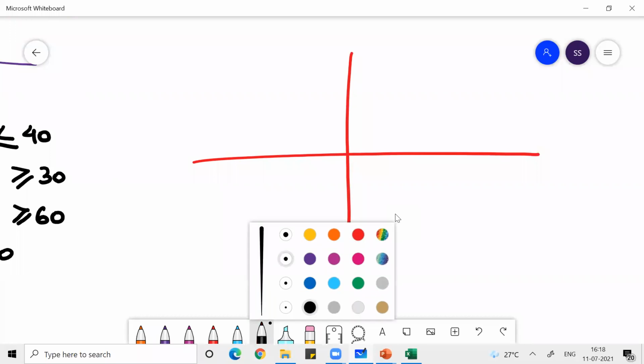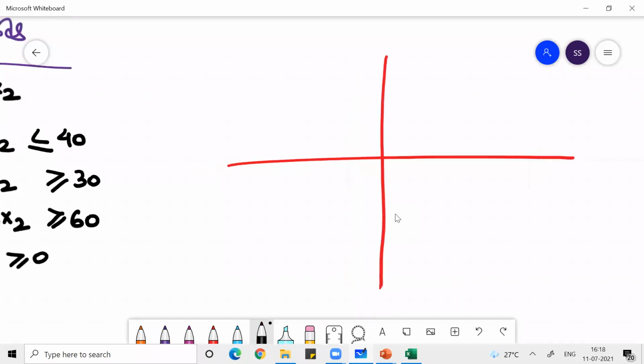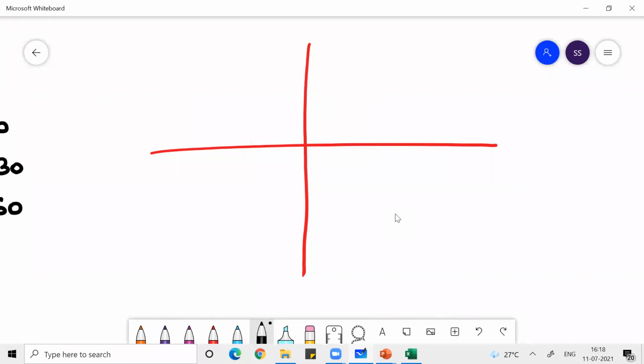That question comes up, because if I have 2 variables here, x1 and x2, x1 I can put horizontally and x2 I can put vertically. Then I can plot the graph. I believe you are well versed with the concept of graph. You know this is the origin, 0, 0. Here all your positive values of the x-axis lie.